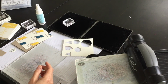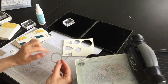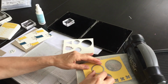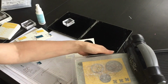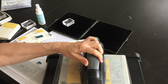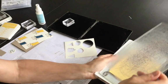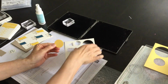And then I thought, well, any day on the beach, you want it to be sunny. So the layering circles framelits have this scallop to them as well. And so I brought in my Daffodil Delight, which is again the corresponding color. And I'm going to die cut this scallop circle. It's the same sandwich for running it through your Big Shot. Okay, so I've got my